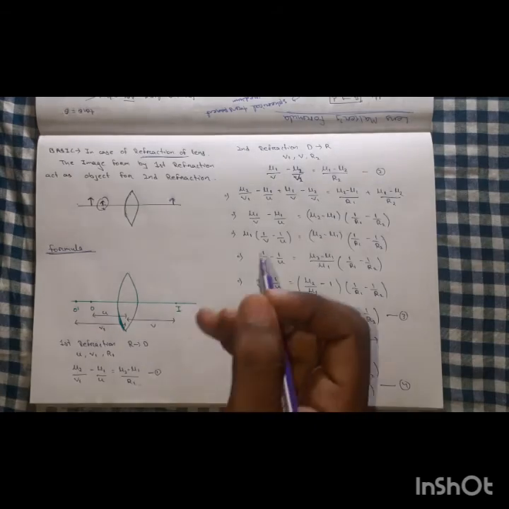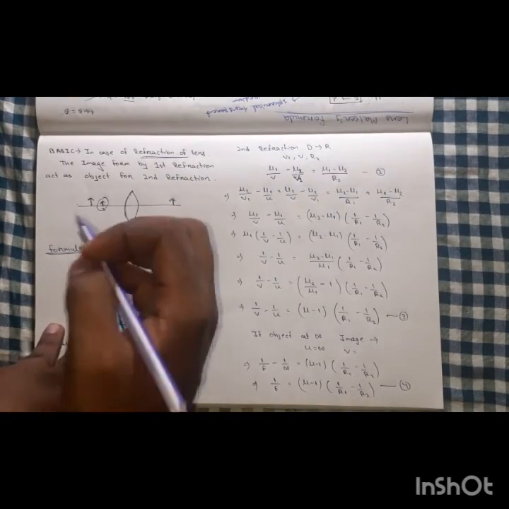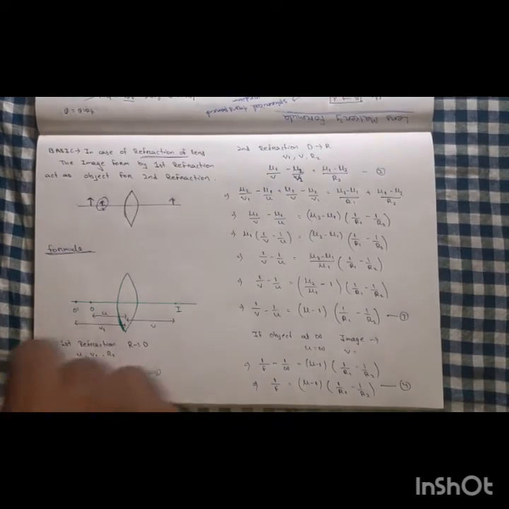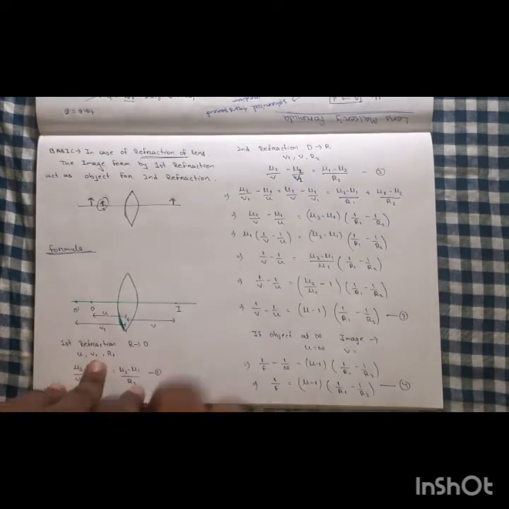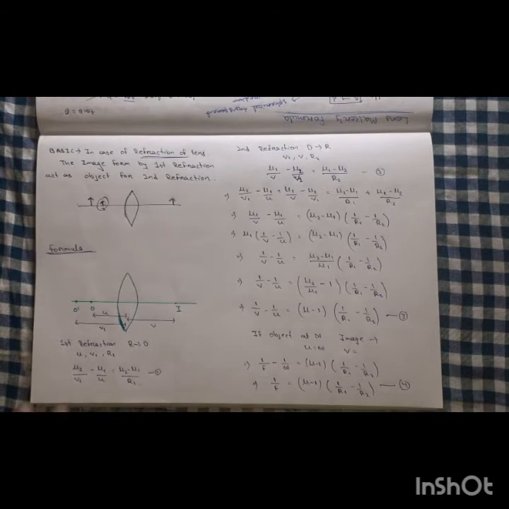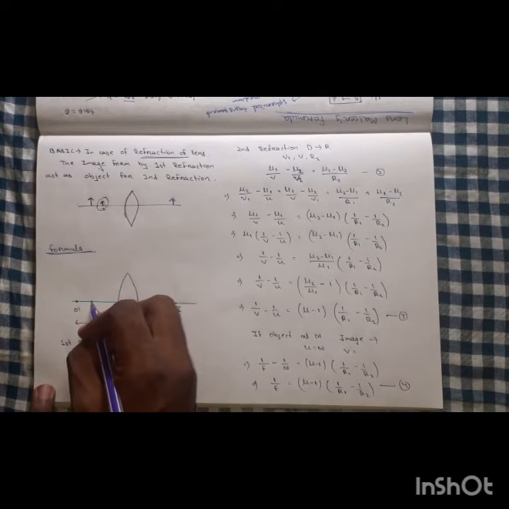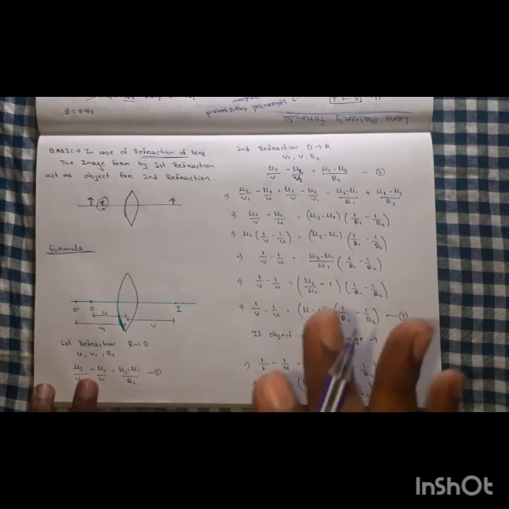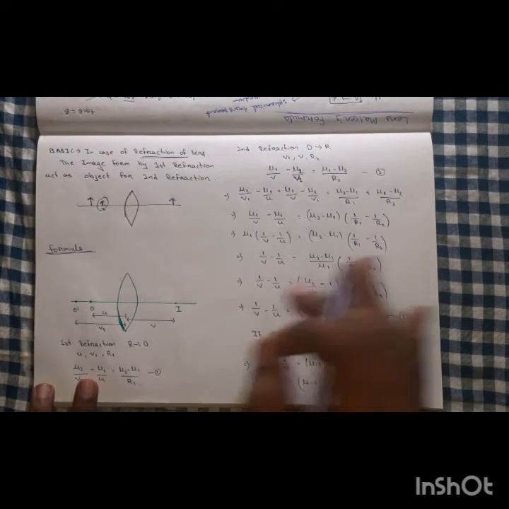Okay, listen. In the next diagram we study the ray diagram. Then what is the lens maker formula and what is its basis? Listen, I place the object here. I again repeat. Okay, don't be bored. It is such a basic idea.